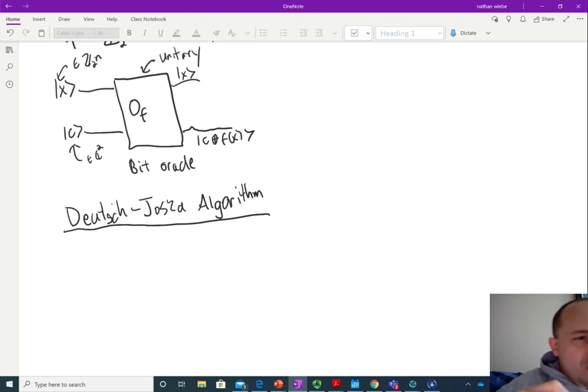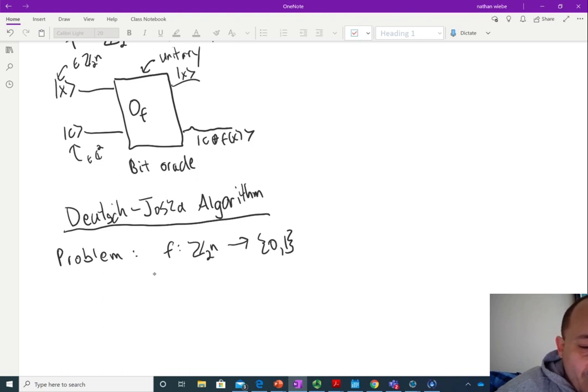So, the problem in the Deutsch-Jozsa algorithm is as follows. Let's assume that you're provided a function, and the function is a Boolean function that maps Z_2^n to 0 and 1. And f is promised to obey the following. Either, and you could see this as with probability 1/2,